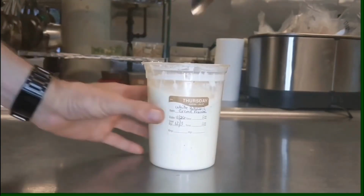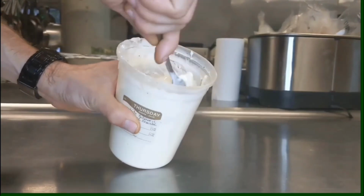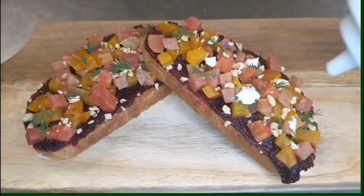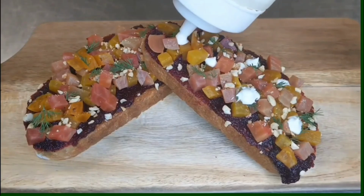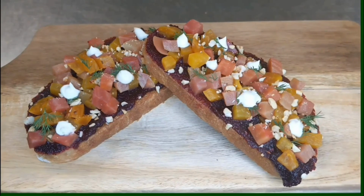If it's not thick by that point, I wouldn't touch it. I'd say it's probably too cold, so the bacteria wasn't allowed to grow, or the acidification wasn't allowed to take place. I'd throw it out. This is the white balsamic creme fraiche on candy beet jam, which I make with red